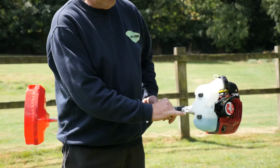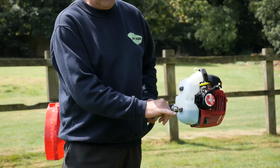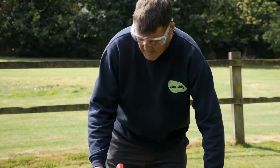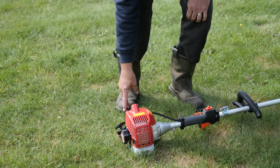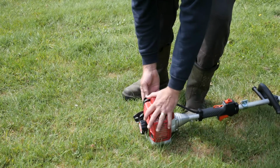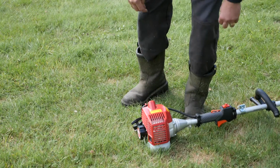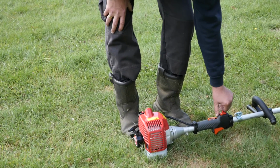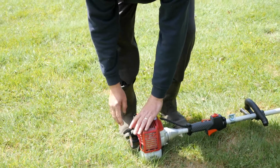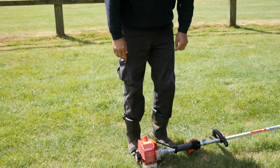Because we use two-stroke, we put an oil inside it so that we can see it when it's inside the container. We've got fuel in the machine. We want to start it up. On top of the machine is the choke. We will put the choke on. We will purge the machine. 3 to 4 times is normally enough. Put the machine into the on position and pull. Just let it run for a few seconds, turn the choke off,